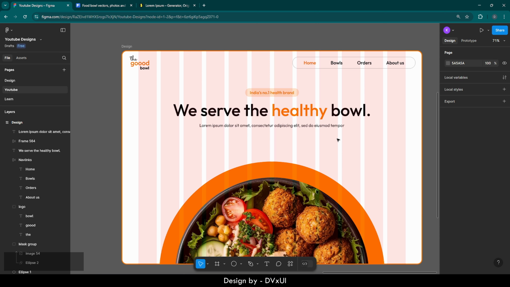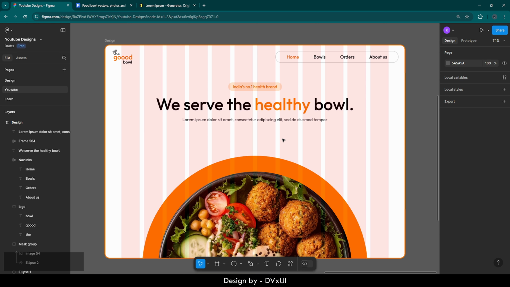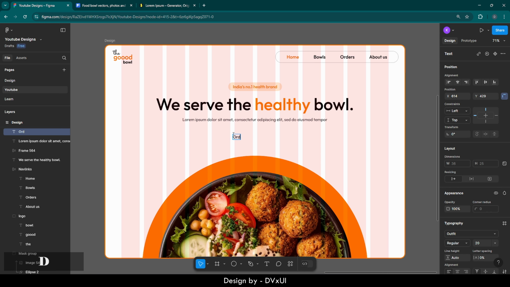Now the only part that is left of the hero text section is the buttons. Basically the CTAs, the call to action buttons. The call to action buttons are basically the primary buttons that user uses to navigate through the website, or that directs user to the core feature of a website. So what is going to be the core feature of this website? Obviously ordering food. So take a text, and here I'm going to write order now